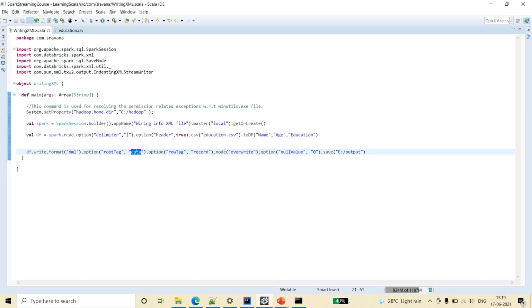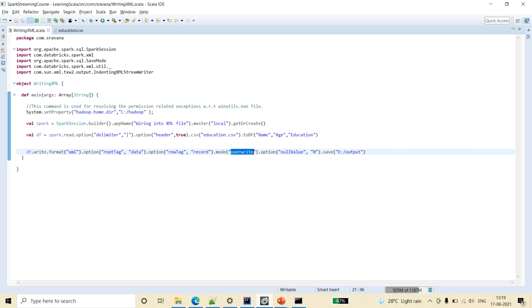Here I am mentioning data, you can mention as per the requirement. The root tag is the main tag, which usually is the first tag present in the XML file. Row tag is for every record. The row tag name given is record in this example.